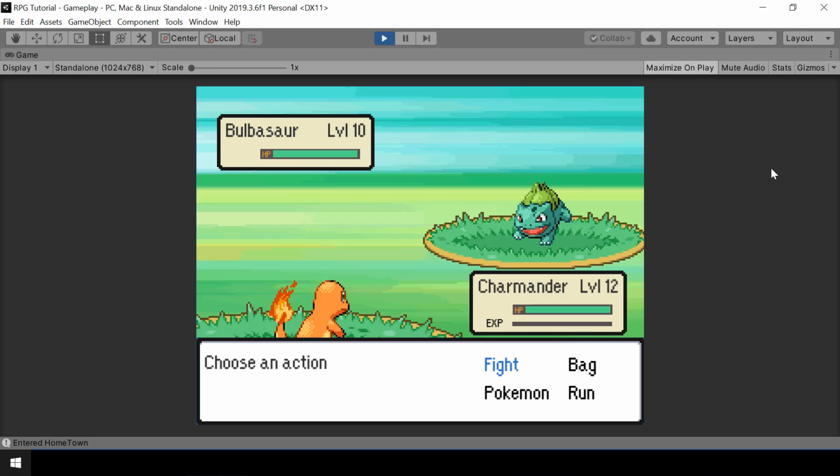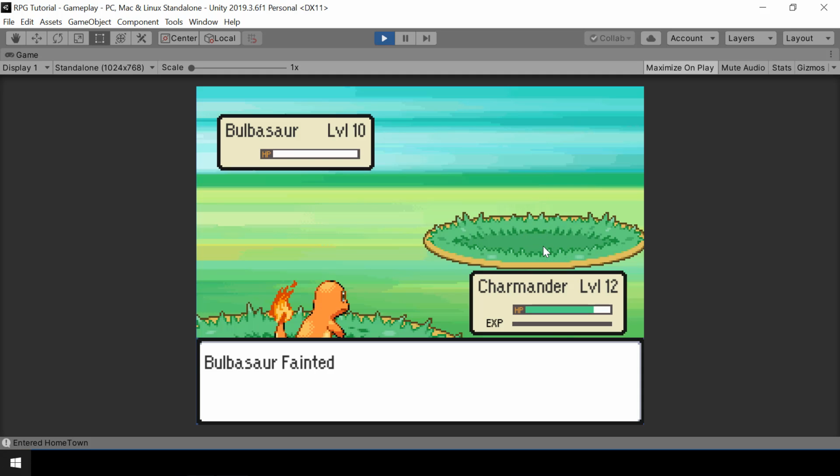All right. So right now, we are updating the HP of the Pokemon in the HUD using the observer pattern, right? So when the HP of the Pokemon changes, we will fire an event that will notify the HUD to change the HP in the HP bar. But the issue is we are not unsubscribing to the event when the battle ends. So let me show you the issue.